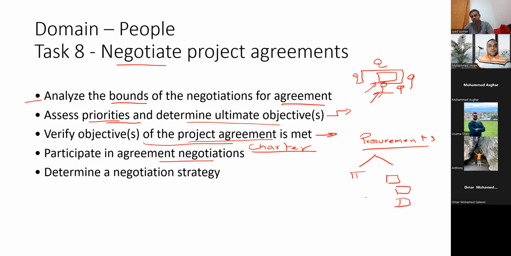Why? Because IT was not involved, and IT was not involved because they were sitting in their offices. And as I told you, as a project manager, you should not stop yourself from going to them. If they are not coming to you, you have to go to them and say, guys, there is a project related to you. Tell me what you are going to do. So you have to discuss those things with those people.